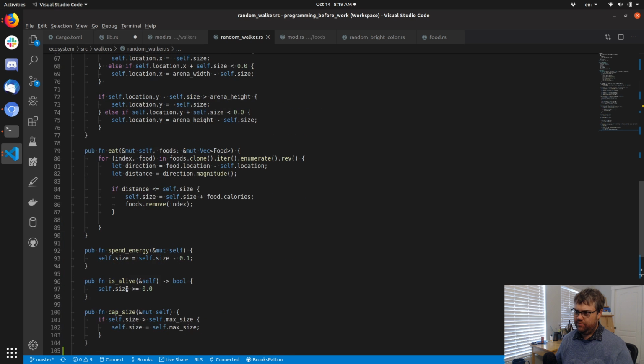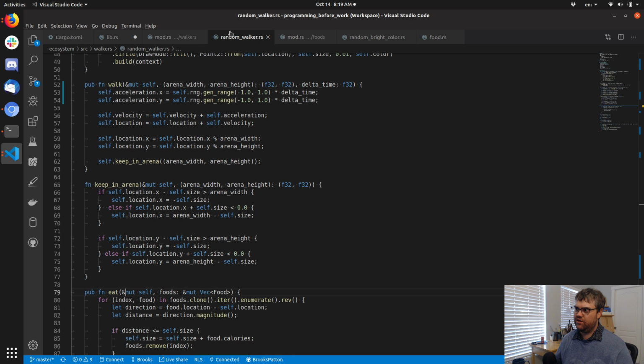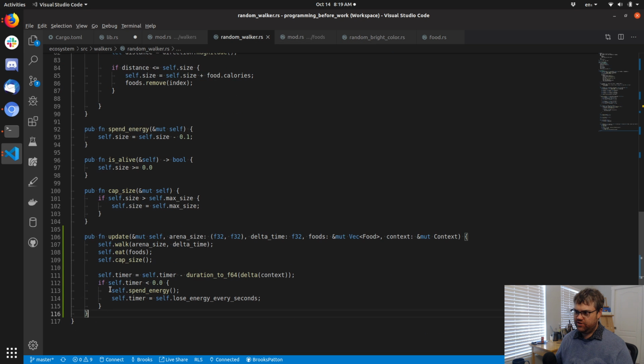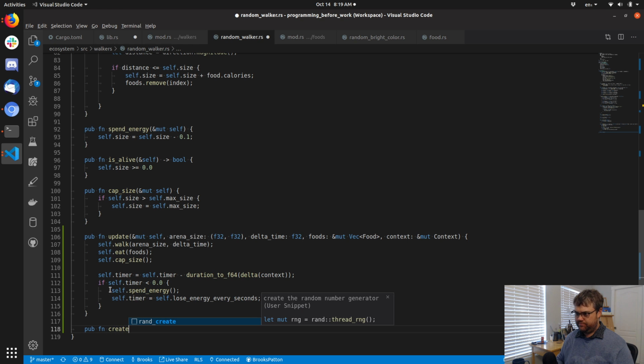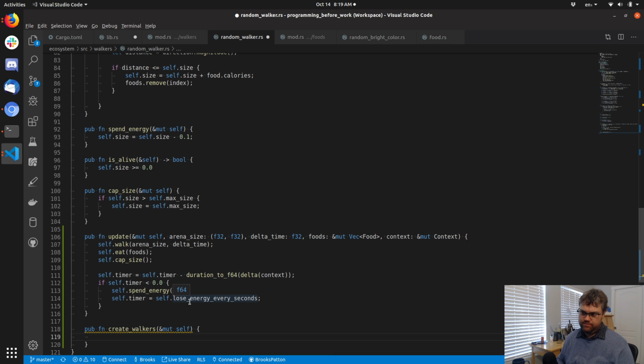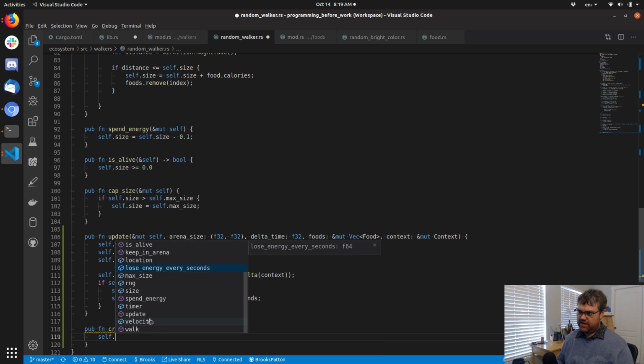I'm not creating a bunch of them, so we'll just tell the random walkers library here. So we have to have a new function, create walkers. Not sure what I'll need. I'll need a mutable reference to self. I'm not going to return anything. It's just going to update itself in here. So we're going to say self dot